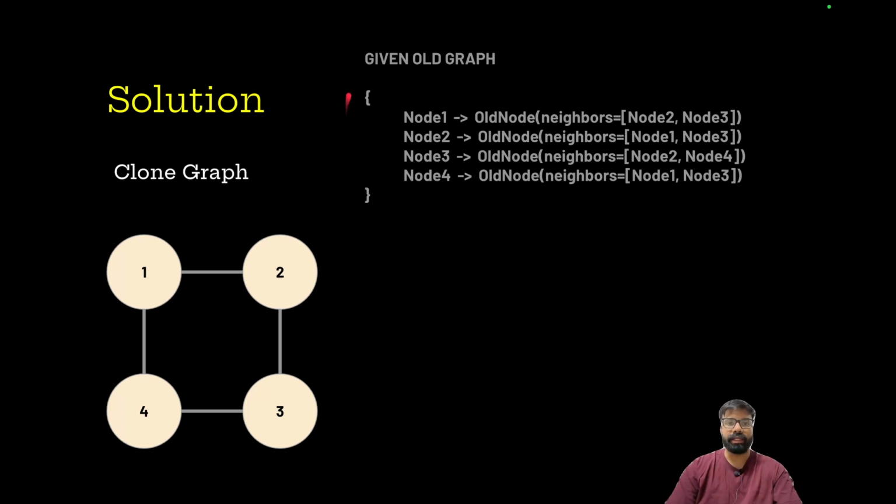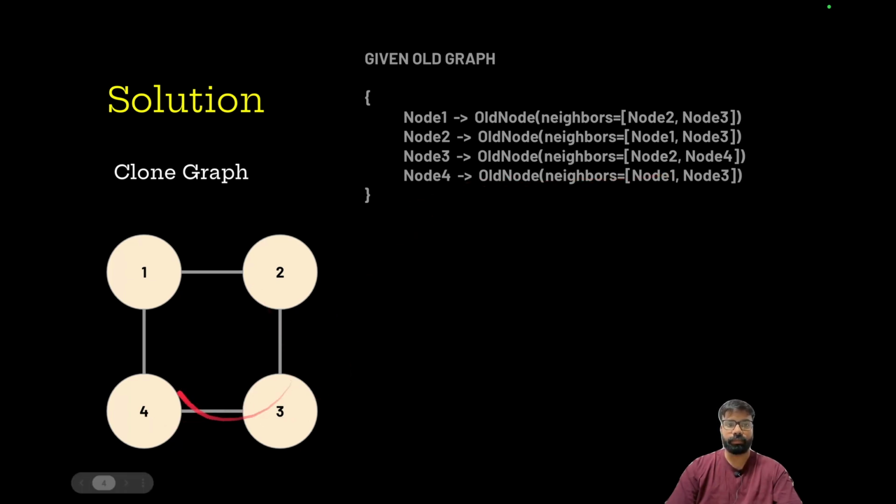Now, initially we have this simple graph. Okay, so here it is given in the problem. We have node 1, and node 1 is our old node that has neighbors of node 2, node 3. Okay, and node 2 has neighbors node 1, node 3. Similarly, node 3 has neighbors of node 2 and node 4, and node 4 has neighbors of node